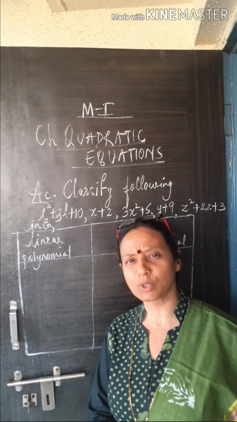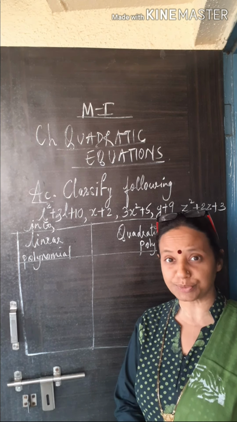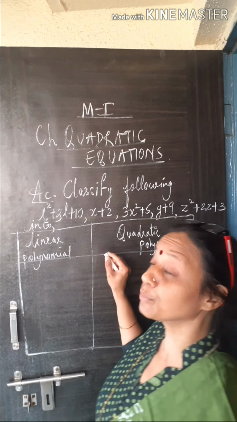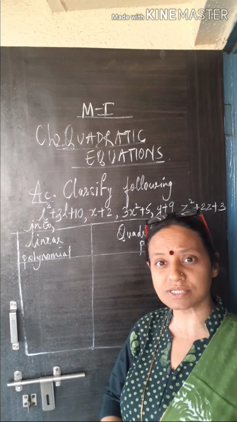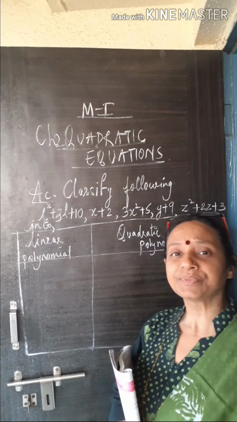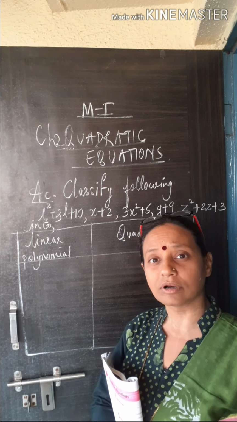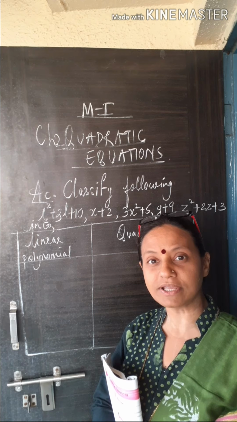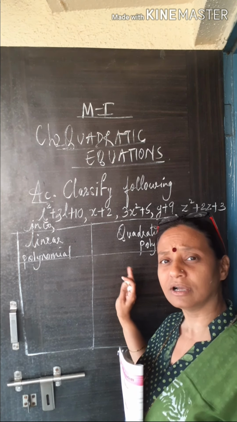Good evening, children. So we are going to start with the 10th standard portion of algebra subject, right? We are going to begin with the lesson, chapter number 2, that is quadratic equations. I hope you are ready with your notebooks and pens and a textbook. Maybe you're not having, so you're just going to copy, note down whatever I am explaining and whatever is written over here.